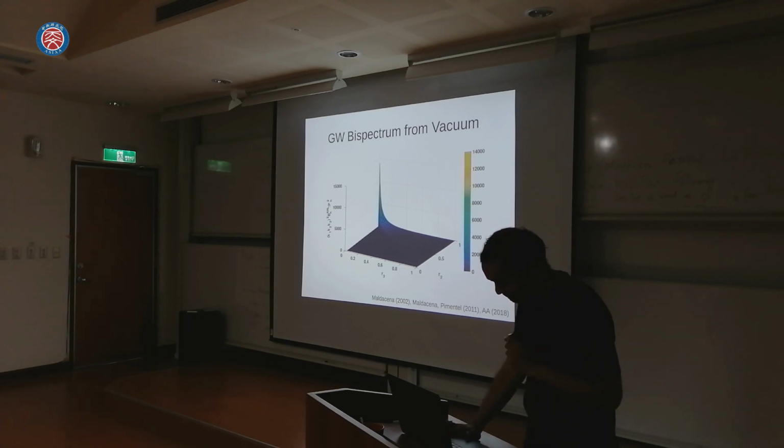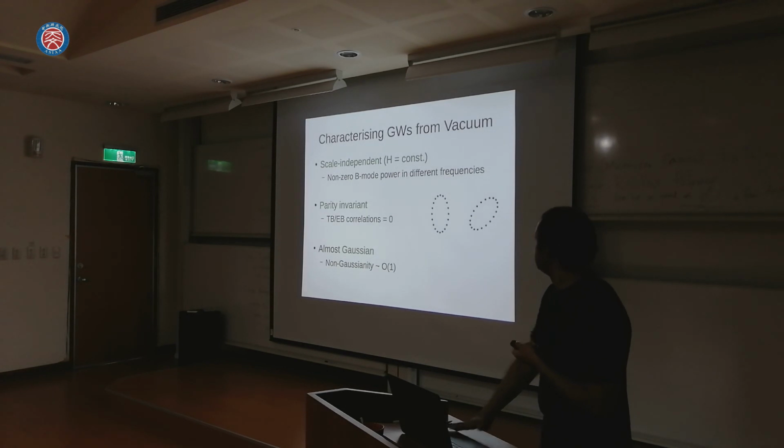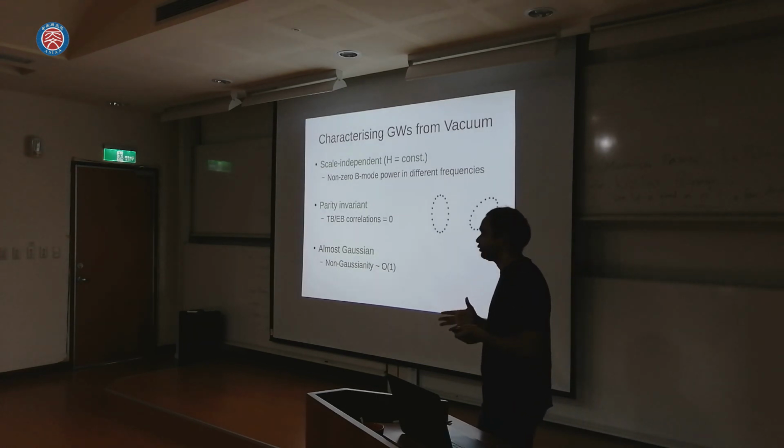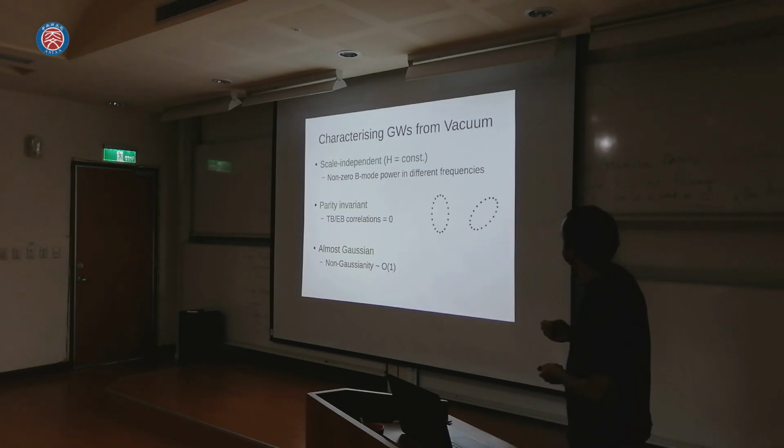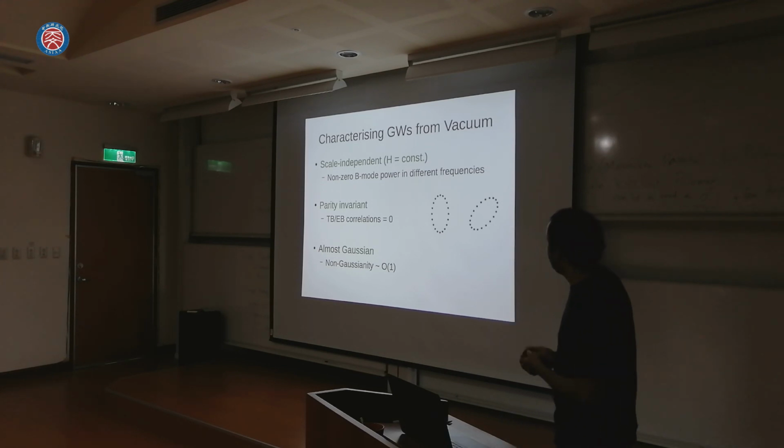So having seen all of this, it is natural to ask, have we actually seen these gravitational waves from vacuum fluctuations? Or what do we actually need to do to observe them? Maybe you remember there was this whole press release for the BICEP 2 results in 2015 where they claimed to have detected gravitational waves from vacuum fluctuations, which later turned out to be just dust.